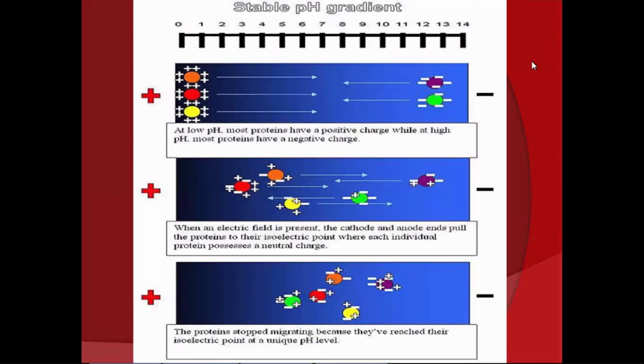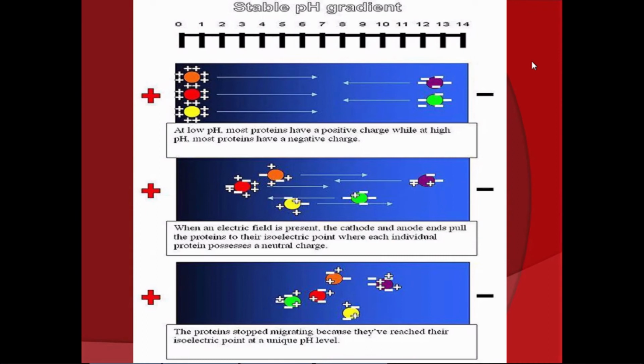So this is the process lah. The protein will stop migrating at the pH exactly at their isoelectric point, sebab dia tak ada charge. Kalau isoelectric point di pH 7, masa dia sampai dekat pH 7, dia akan stop, dia akan berhenti. Oke, sebab apa? Sebab dia tak ada charge dalam pH 7.